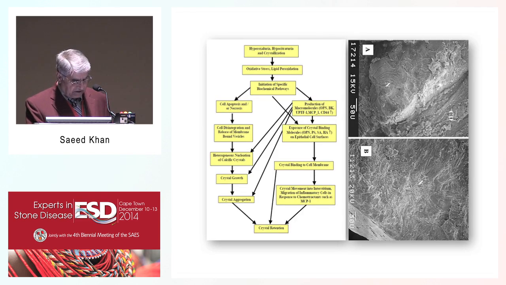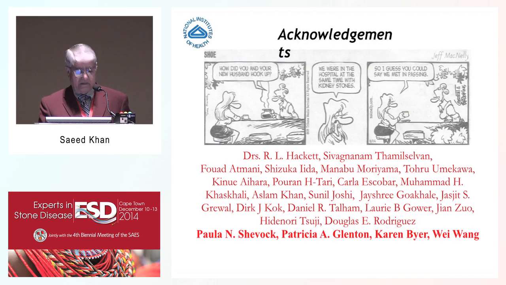And then you look on the other side, where the plug can very easily be formed. There is hyperoxaluria, hypocitraturia, crystallization, oxidative stress pathways, crystal cell death, membranes, nucleation, and it is happening in the lumen, and it turns into the formation of a plug at the plaque. If you look at this, these are some of them. They look like they were formed at the plug. So basically, that's how I think they may be involved. Thank you very much.